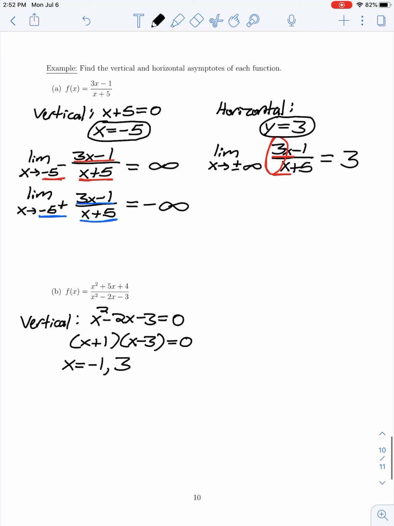Now, a word of warning here, just because the denominator is 0 does not mean that you have a vertical asymptote at this point. We need to make sure that we have a positive or negative infinite limit. So let's consider what happens as we're approaching, say, -1. So here, we have the limit as x is approaching -1